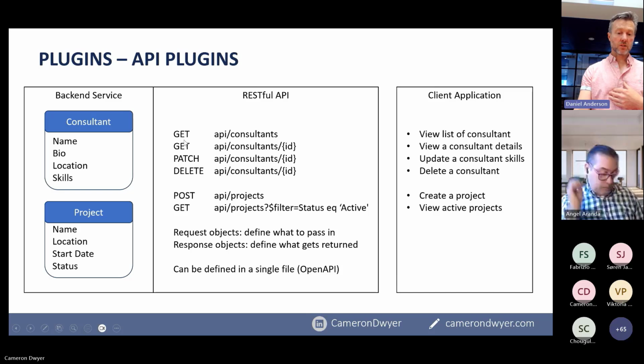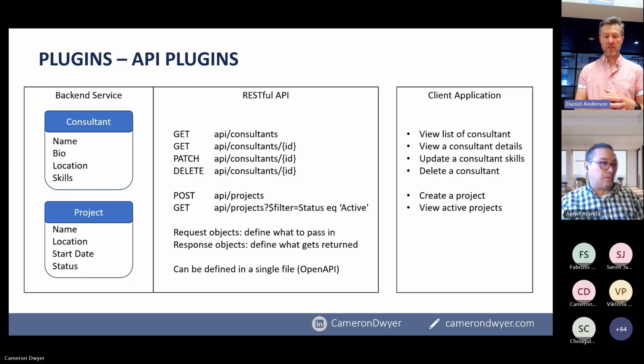There's also a list of actions. There's only 5 or 6 of them. If you want to get something, it means I'm giving you nothing. I'm just giving you this URL, but I'm expecting objects back as a result. So the pattern that gets followed is if we ask for consultants, we'd get back a list of consultants. If we ask for consultants and pass in the ID of a consultant, we'd get back all the details of just one consultant. We use a patch with the same URL and the same ID as how we got the consultant's details if we want to update them. If we want to delete that consultant, we delete it. So there's this pattern that gets followed, and this is actually a standard. It's called the Open API standard.